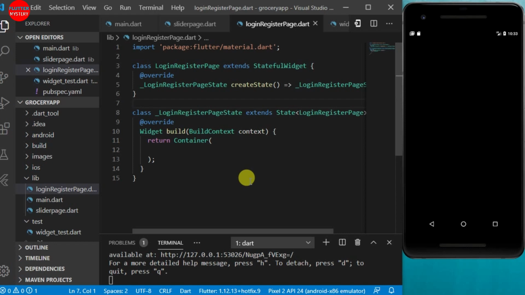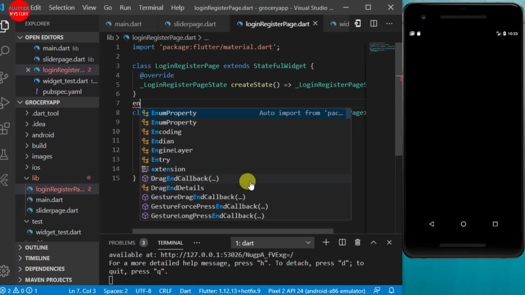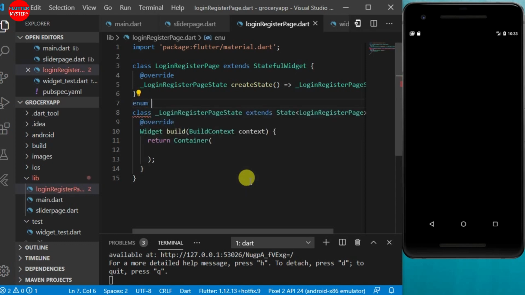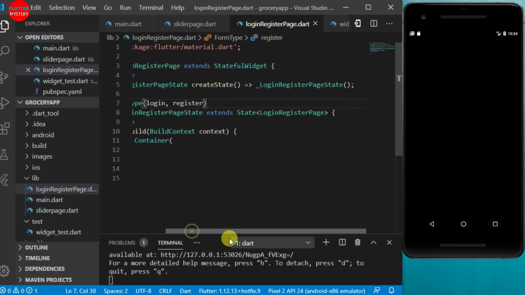Before we start, let's do this. Enum, then we call our form type. Our form types will be the login and register. So we call our form type here, and then it's login and register. Okay, so from there, inside here,